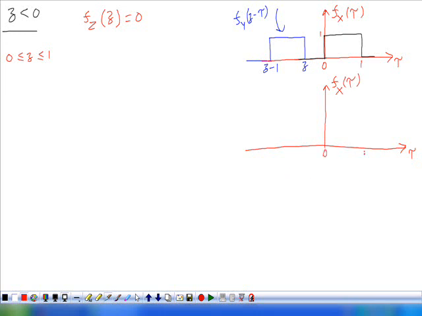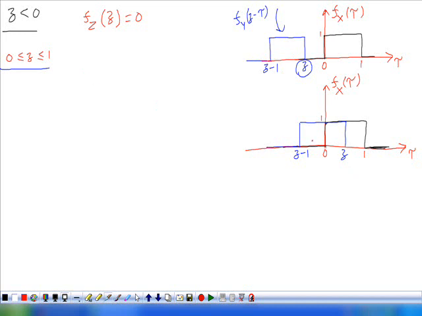So this is 0 to 1 and this is 1. So we kept the Fx of tau as it is. Now both are overlapping, is it? So what is this value? This is Z minus 1. See, the pulse width is the same. When you shift the pulse, its width will not change. What is the width here? What is the width here? 1. Here also the width is 1. The only difference is the position is changed, because here Z is now lying between 0 and 1.